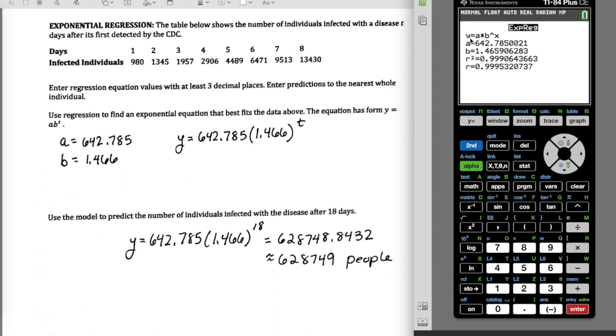Okay, so the calculator uses the general form a times b to the power of x. Now we've used t for time because most of the time this is t for time, but just know that that's our variable. It's just a different label. So they're telling us our a, which is our initial value that goes in front, is 642.7850021. And our b, which is what is going to be the base for our t, is